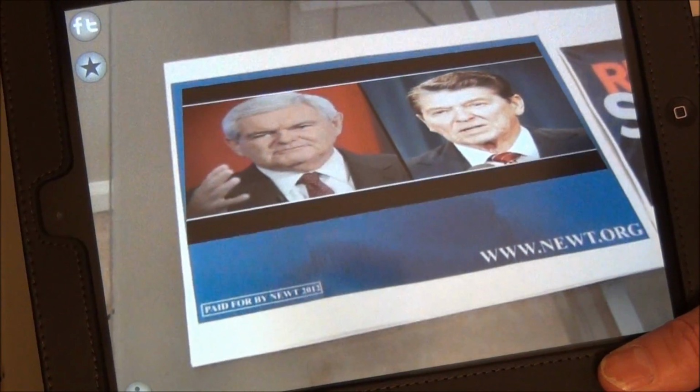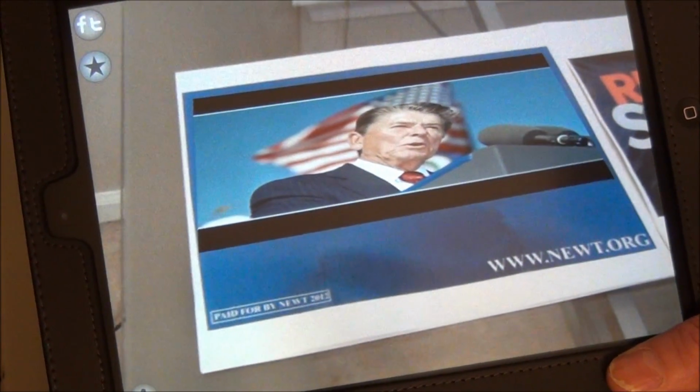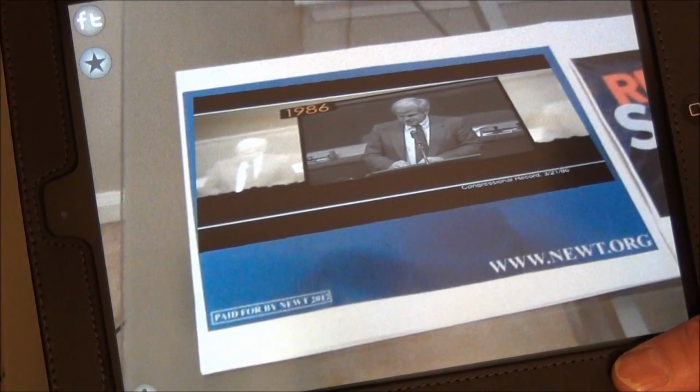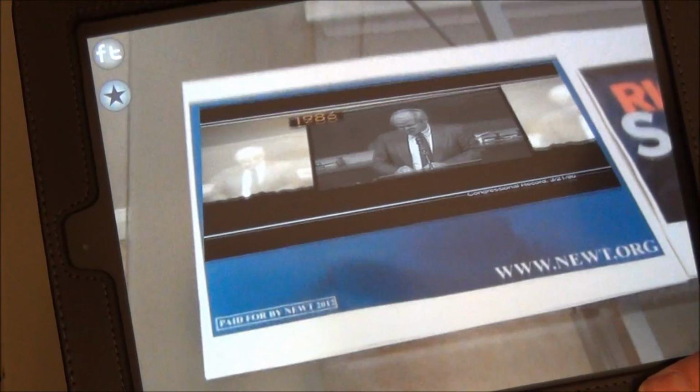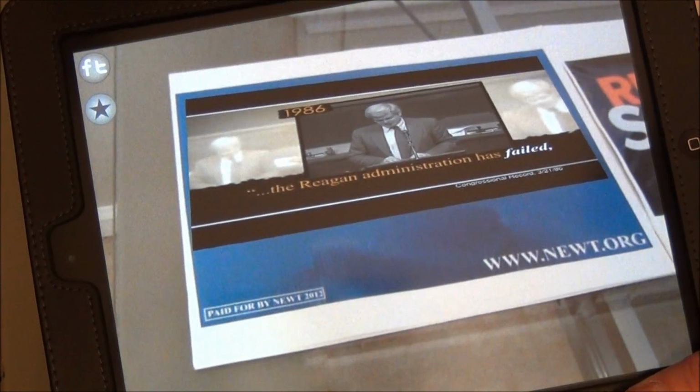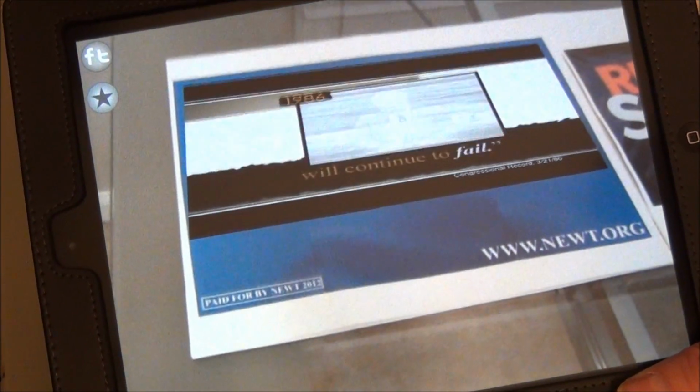But here's what Newt said about Reagan's leadership when Reagan was actually president. Measured against the scale and momentum of the Soviet Empire's challenge, the Reagan administration has failed, is failing, will continue